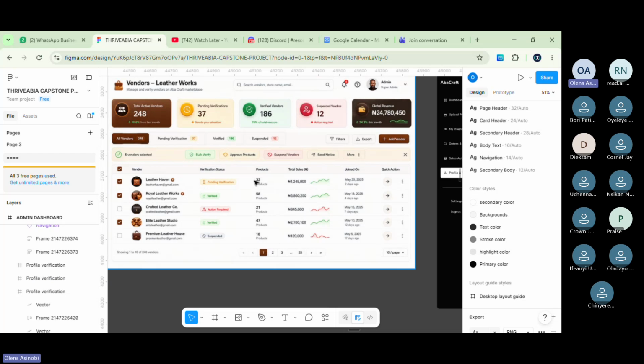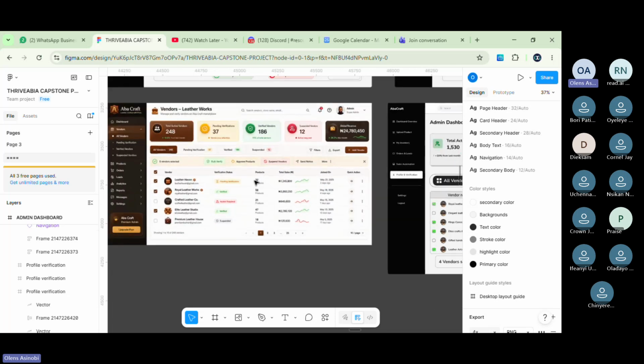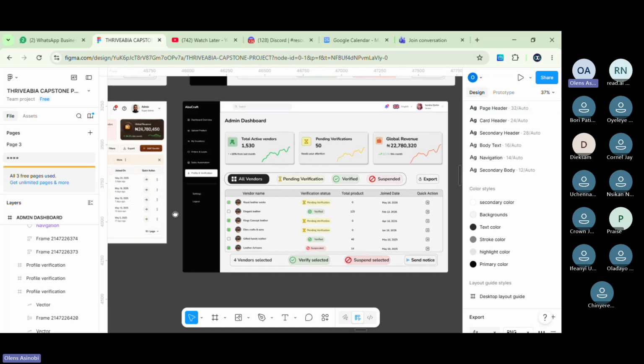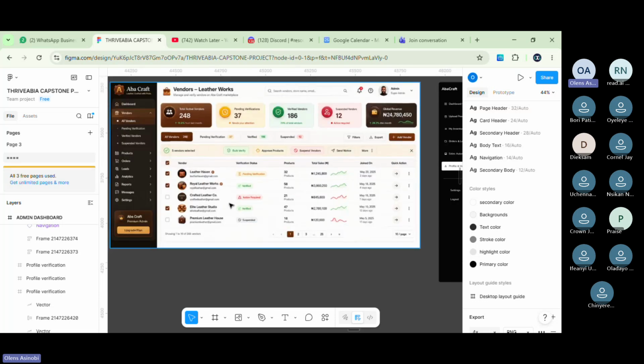Now let's look at it as two UI designers. Among these two, let's break it down according to, guys, I want everybody else to pay attention to this call. That I'm using Cornelius as an example. It doesn't mean that we don't have anything to learn. It's just a sample, right? I'm doing this here so that everybody would learn from this. Now, among these things, let's critique this according to the design principles, right? Now, from what we discussed, when were you in class when we talked about the UI design principles? Yes, sir. Good. That's all I need to hear.